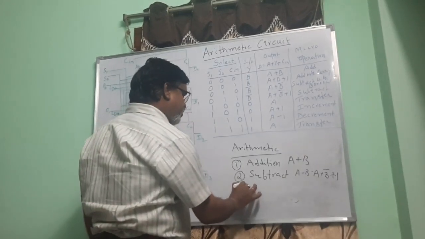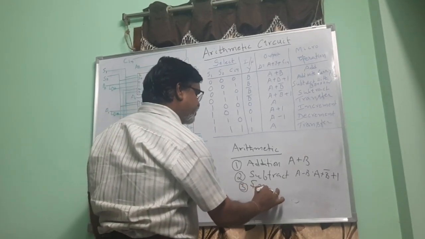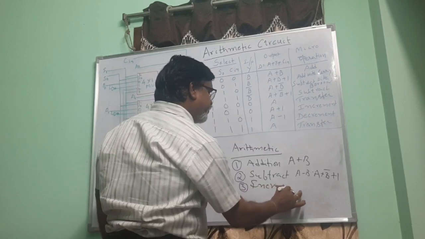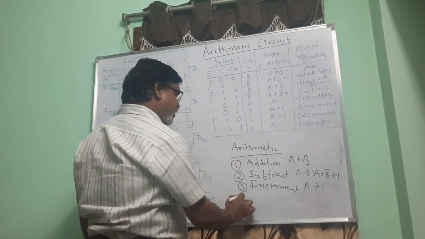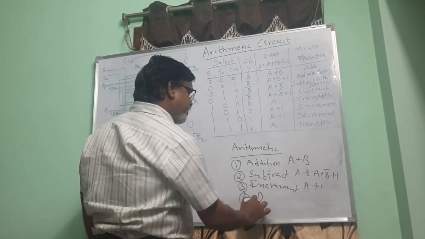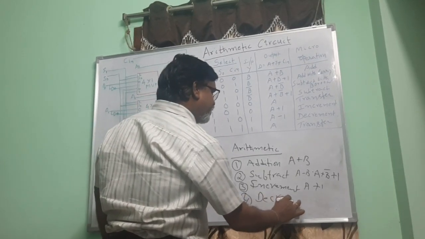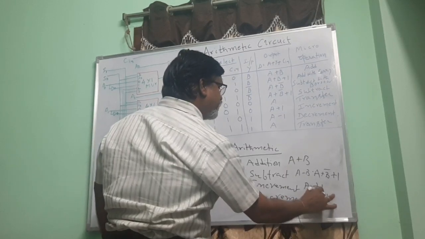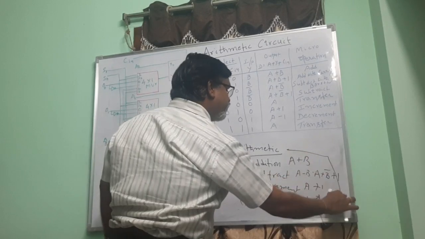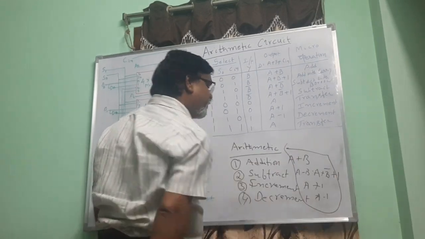And the third is increment, that is a plus 1. And the fourth operation we discussed is decrement, that is a minus 1. So these are the four micro operations,